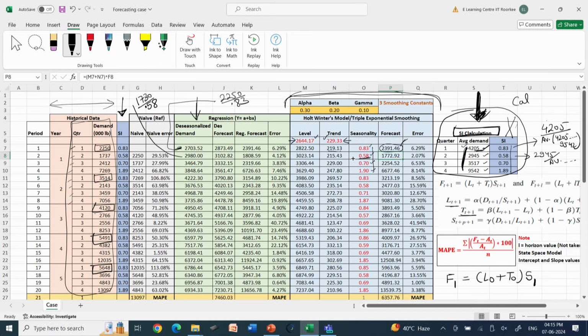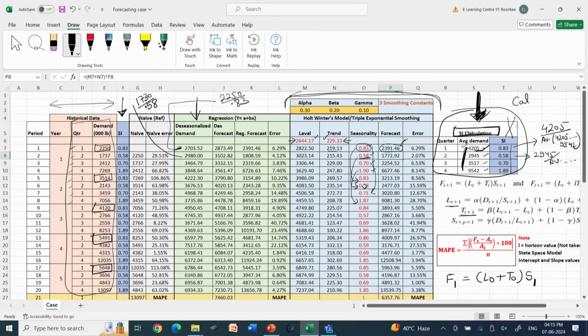And now, when I was here at the first factor 0.83, I will update this 0.83 also, and that updated value of 0.83, incidentally it is 0.83 only, is coming here. This 0.58's updated value is coming here. Since gamma is 0.1, the impact is not so high. 0.70 becomes 0.71 and 1.90 becomes 1.87.